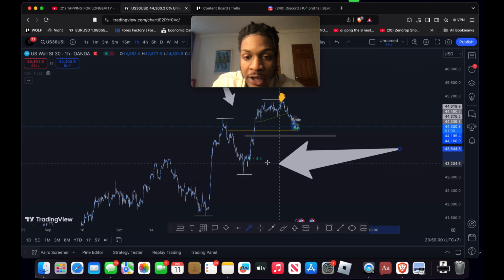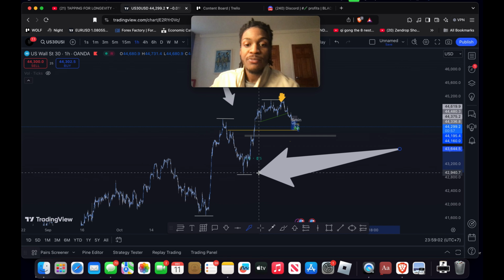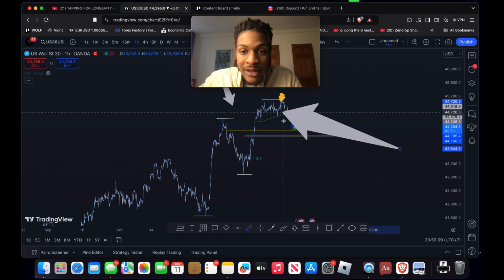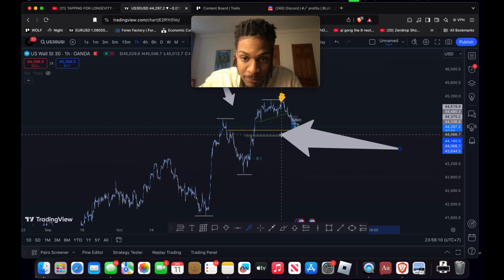You see my gray arrow that I'm drawing right now? You see where it's pointed down? It's pointed to the low, right? And now it's pointed to the high. And now it's pointed to the middle, where price is kind of at, right? So, yes, I could be looking to buy in this area, but I'm waiting for price to actually come down